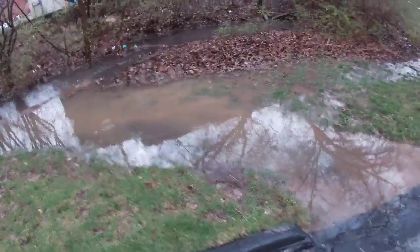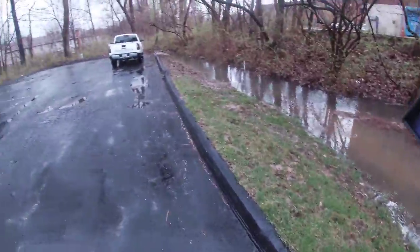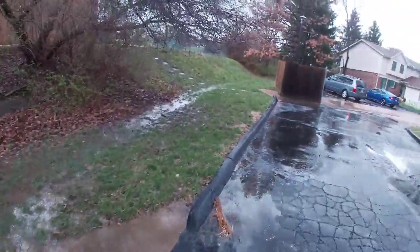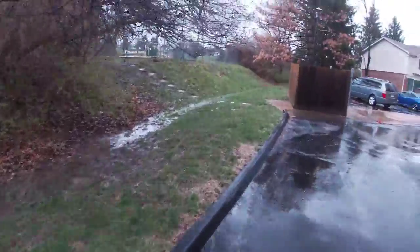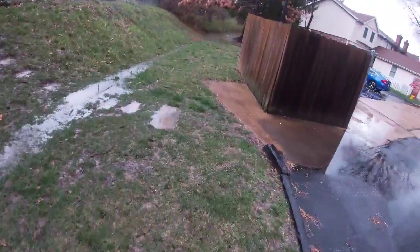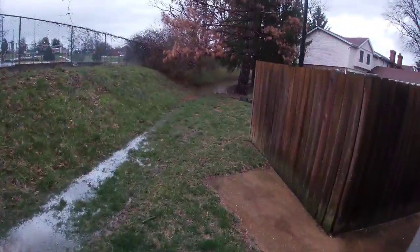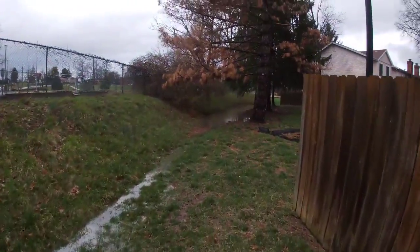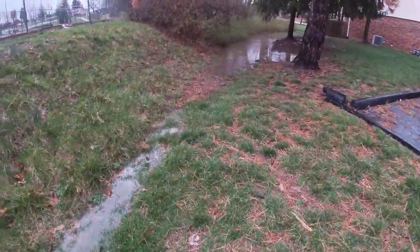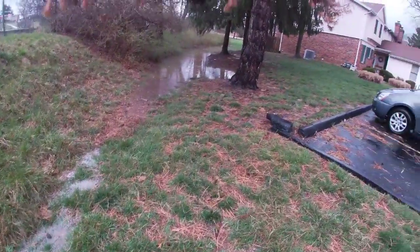So if we could get this pipe down and under into there, that would really alleviate a lot of this backed up drainage that's running down through this swale here as well. You can really kind of see it now because they got a lot of water sitting back here as we come down. See? And it's kind of blocked up because we just don't have a good flow down with all these